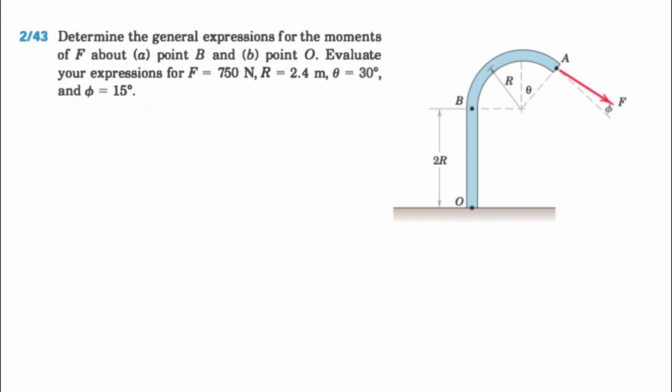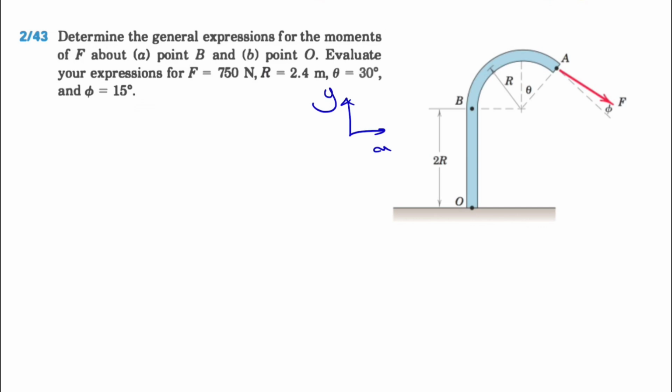Alright guys, welcome back. We're going to be solving question 43 from the second chapter of the Meriam textbook. We need to determine the general expression for the moments of F about point B and point O, and once we have that, we can evaluate our expression based on the values that we have for F, r, theta, and phi. So let's find the moment about point B first, and for doing that, let's call this one our x